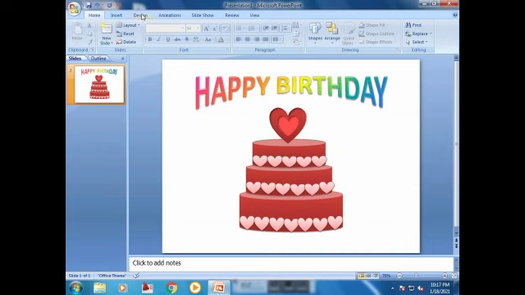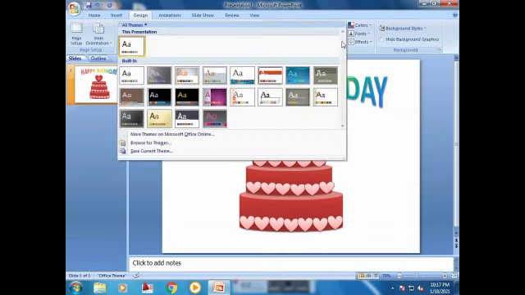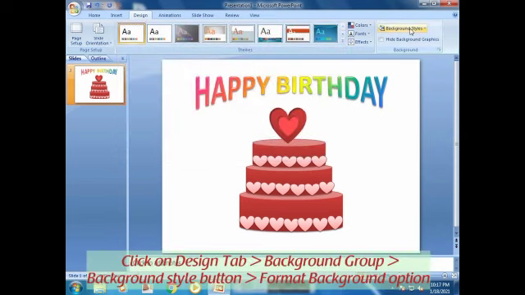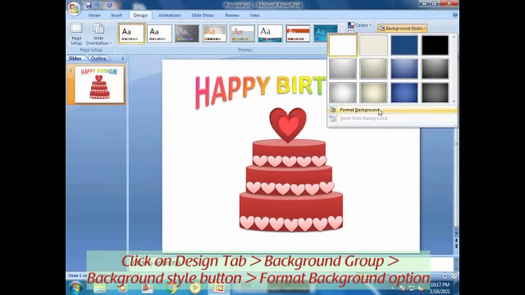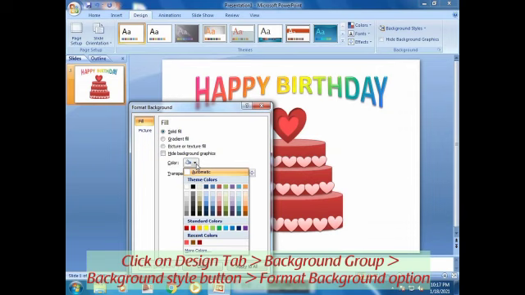To change the background design, click on the Design tab, Background group and select the Background Style button and click on Format Background option to change the background color of your slide.